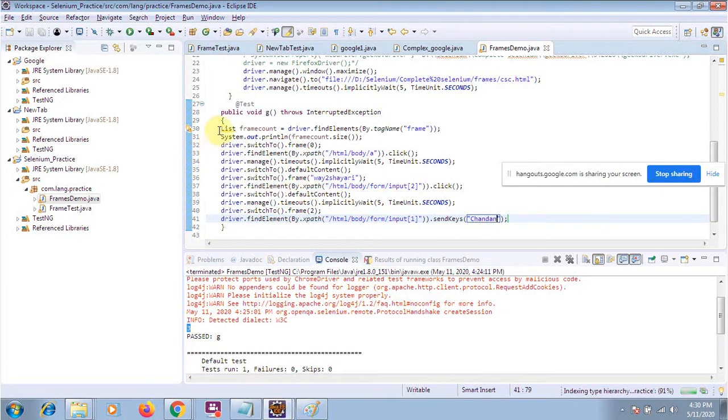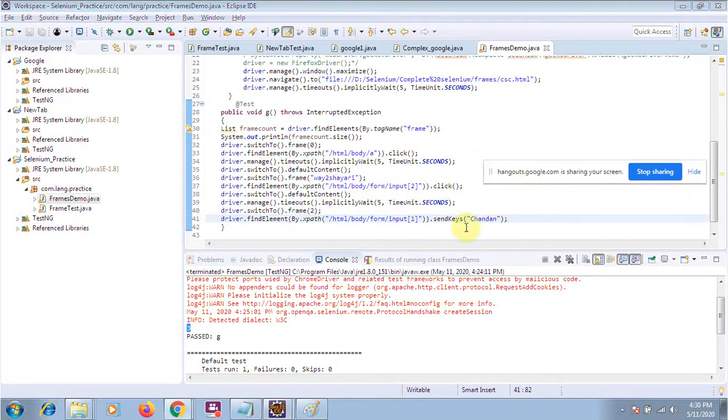First of all, you need to find all the frames of your web page. Then you can move to them. You have to recognize whether this is the first frame, second frame, or third frame. You can switch to a frame by index. You can switch to a frame by name, and if that is impossible, you can switch to the frame by some value, meaning after detecting some value of the frame, you can switch.